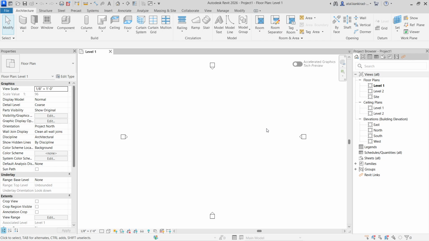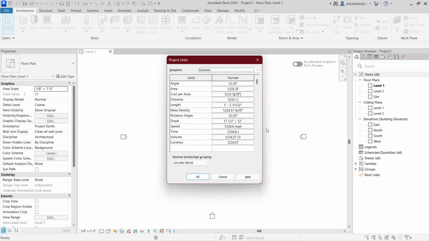If we use anything like AutoCAD or Revit, or anything which is for modeling or any purpose, we will first set our units. By default, it will be selecting Imperial. So let's just check it once. You can check your project units by typing the UN shortcut on your keyboard, and this project units window will open. So you can see all things are in feet and inches. We generally use feet and inches. We can change that